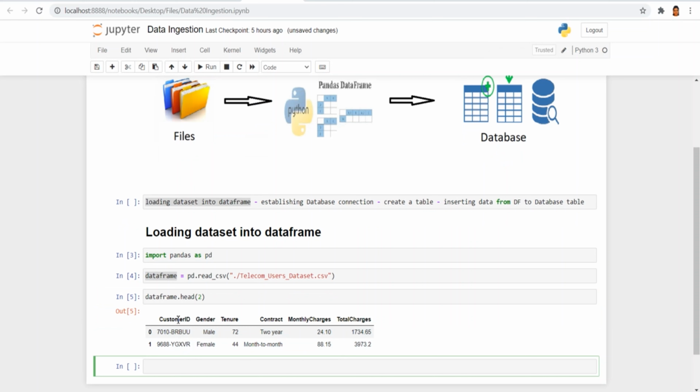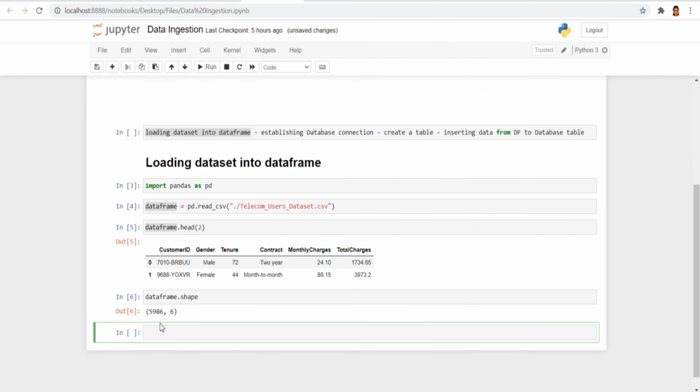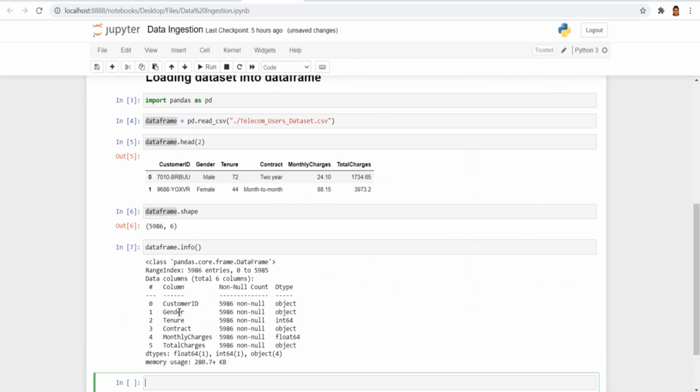Here you can see it has a total of 6 columns: customer ID, gender, tenure, contract, monthly charges, and total charges. If we check how many rows it has, using shape, it has around 6000 rows and 6 columns. We can also check the data types by calling info.